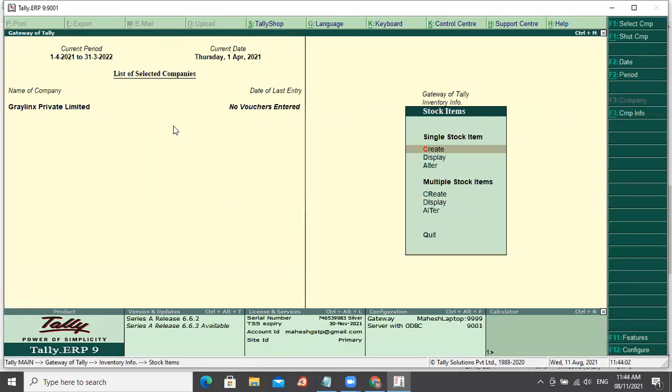Say for example, if you say cricket bat I have, but I want to categorize in colors. I have blue, I have red, I have green. Now in your stock item, if you want to know the quantity as cricket bat, or cricket bat of blue color how much, of green color how much, of red color how much.